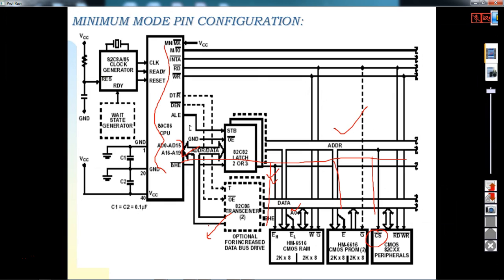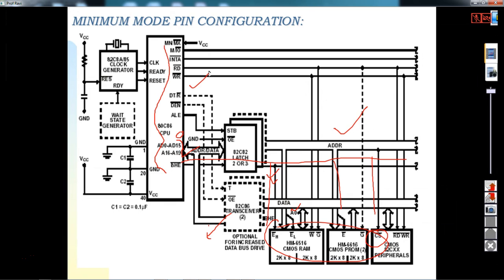What does protected mean here? This is an IC, and this is an IC. Any current carried by this data bus can damage that pin due to current sinking. If the current sinking capability of this particular pin is not within range, there is a possibility of the pins of 8086 getting damaged. So what we do is use the 74LS245 buffer. Here we use two buffers to isolate this particular IC from